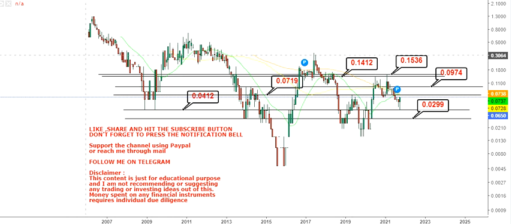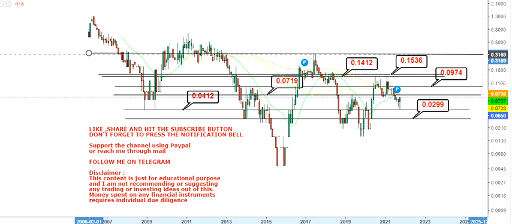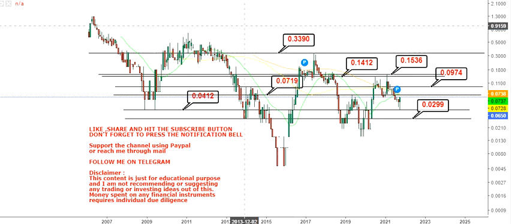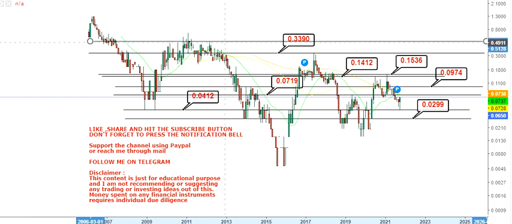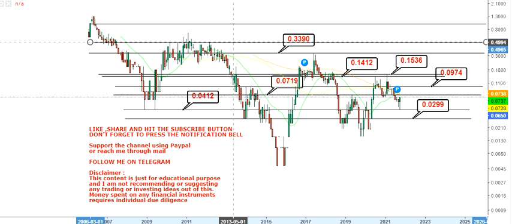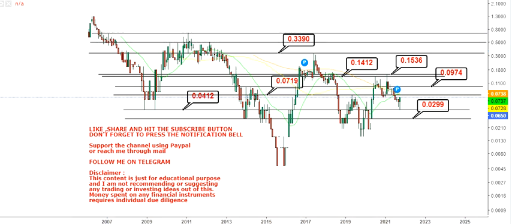Once the stock starts moving beyond 0.15, we will have our next target at 0.33, and beyond 0.33 the big range that we are looking at here will be in between 0.5 and 0.71. So these are the levels that we should focus on as far as the trend is concerned, and as you can see, all these levels are very much individual.